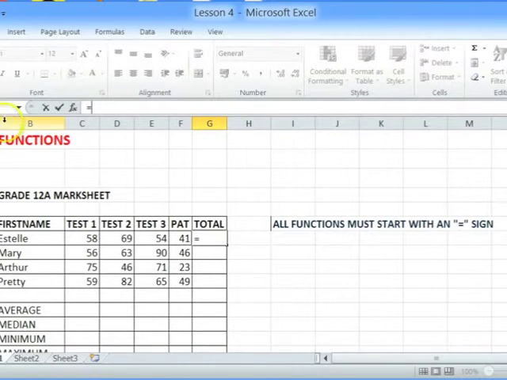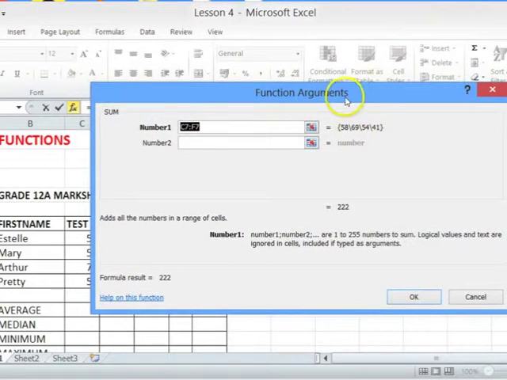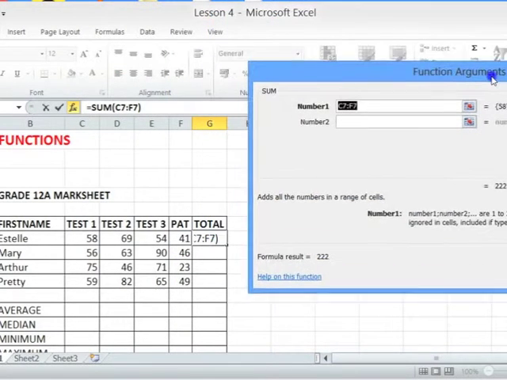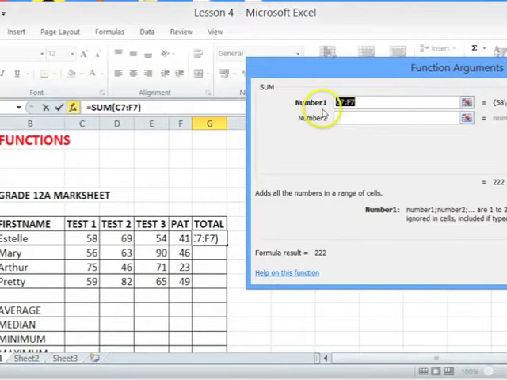function appears. There are other functions as well, or predefined functions: sum, average, if, hyperlink, and so on. But for this particular instance, I want to find the sum of, I click on sum, and my dialog box opens and it wants the arguments, right, number 1, and I am quickly going to click and